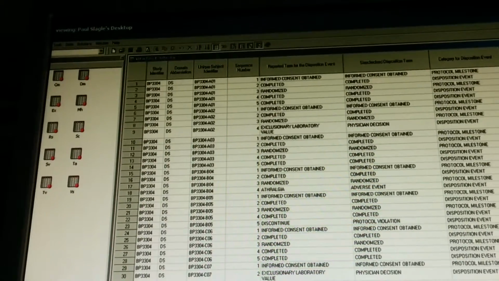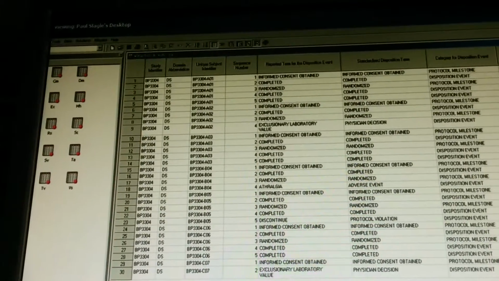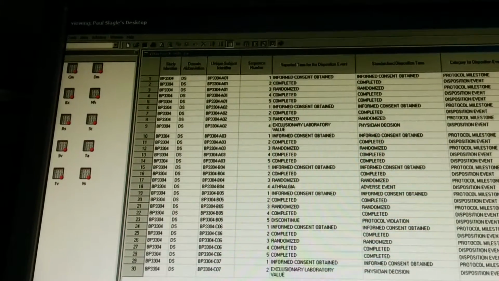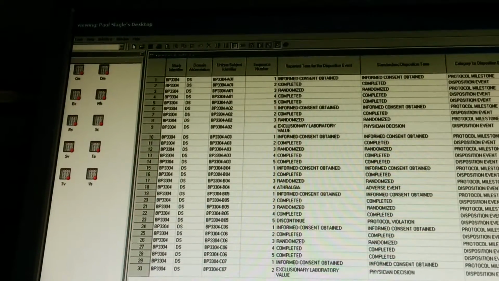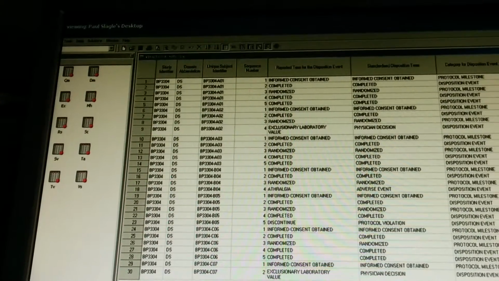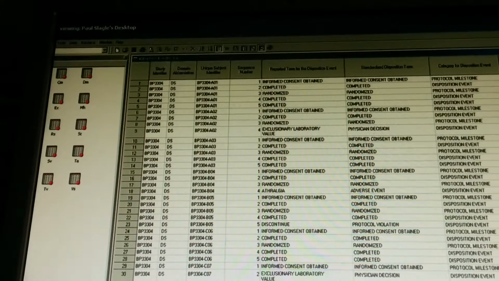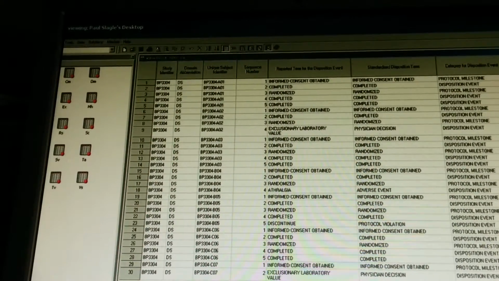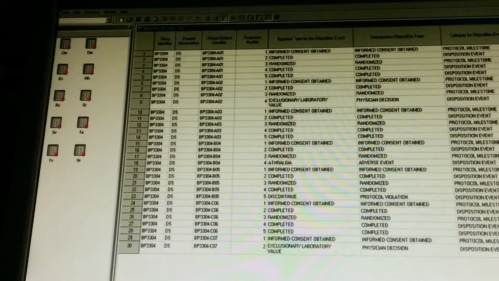ADSL, because if you think about it, is one record per subject and wide. All of us have been most comfortable with those kinds of data set structures. But BDS is a totally different data set design. And this is where you're going to have to understand some stuff. So I want to go into it now a little bit and get you thinking. And then we'll go over some of